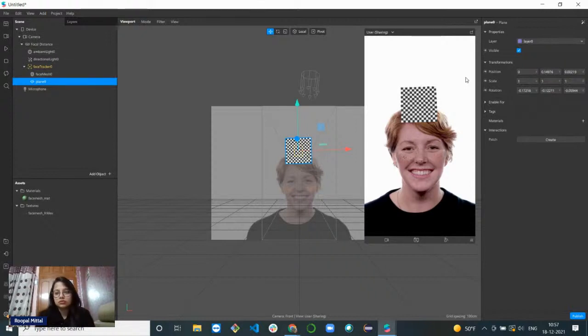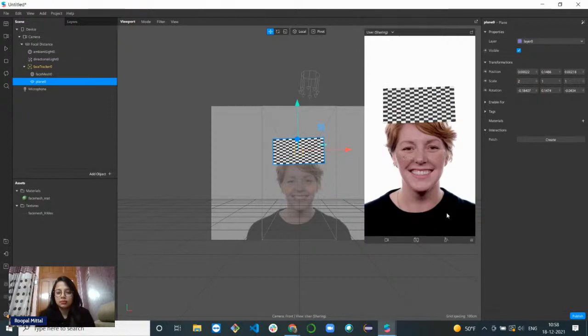I'll just go to the properties. So right here you can see, you can just scale it down. These are the xyz coordinates of the positioning, and for the scale you can see. But if you want to do it from here, these arrows, you can just move it from here. Or what you can do is you can just click on here. I'll change this to, yeah. So this will be tracking the user's face again. If I have just paused this video, it'll just come as a starting component, but just to make